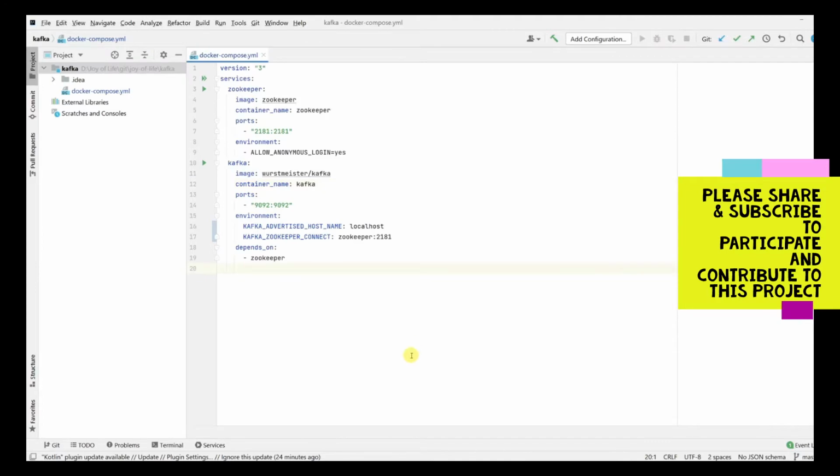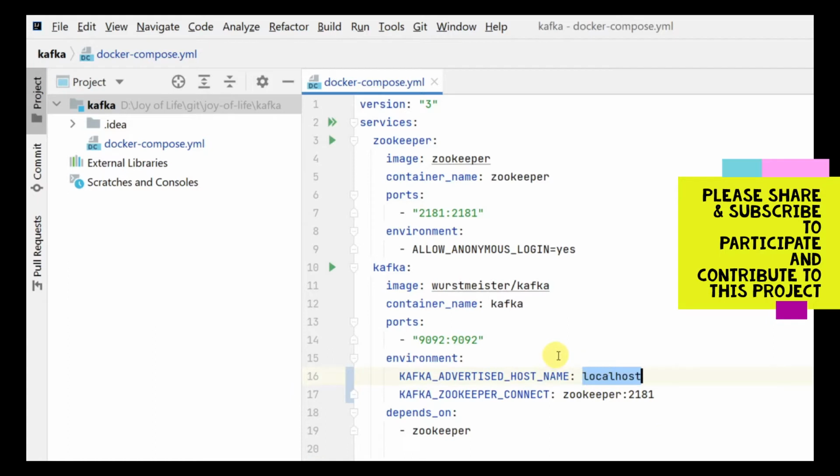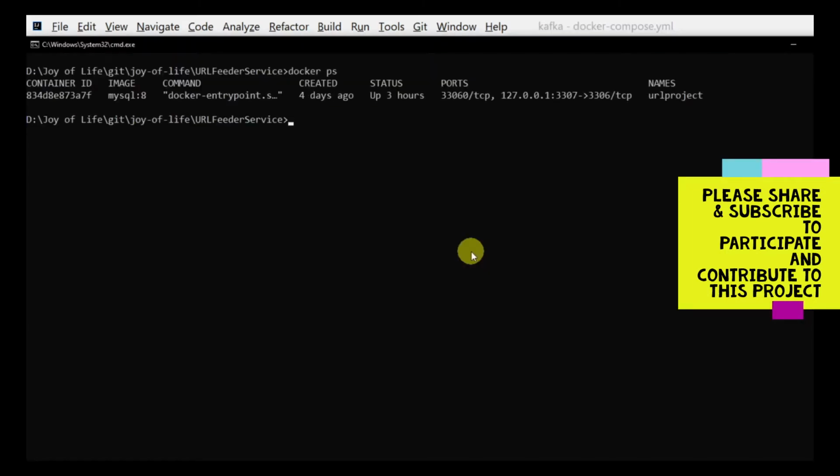And now the biggest problem comes over here when we have it as localhost, right? The easy part with MySQL was that we were giving the IP address inside our application, not inside MySQL. But with Kafka, we need to provide the IP address here. And how do we know the IP address if we haven't started the container yet? The problem here is my container is not running. How do I know the IP address and how do I specify it? There has to be some other way to figure it out, right? That's the most tricky part over here.